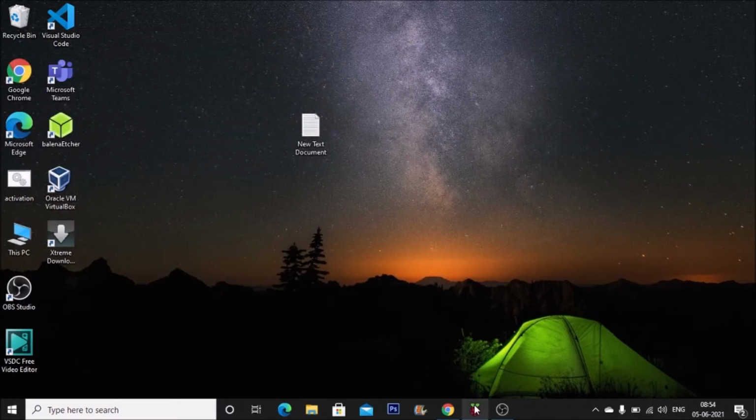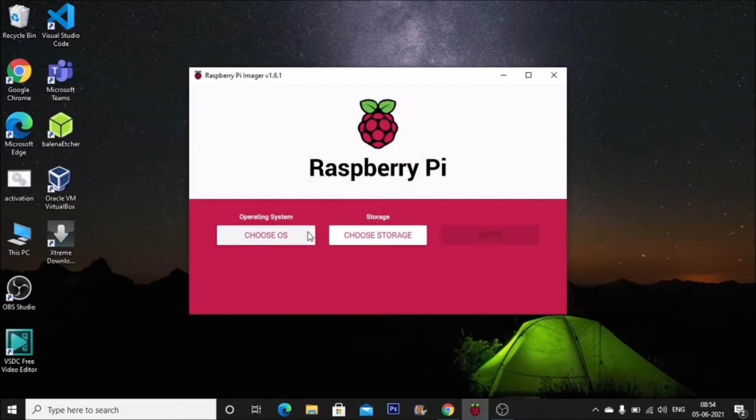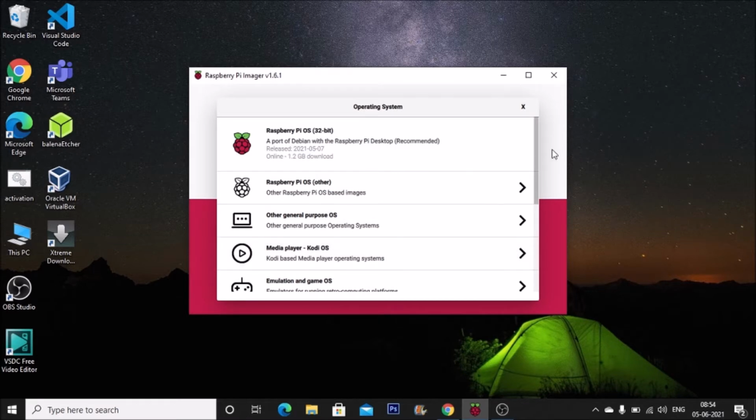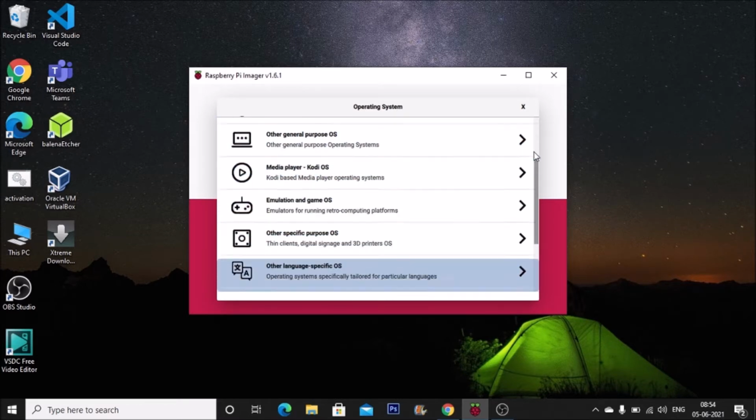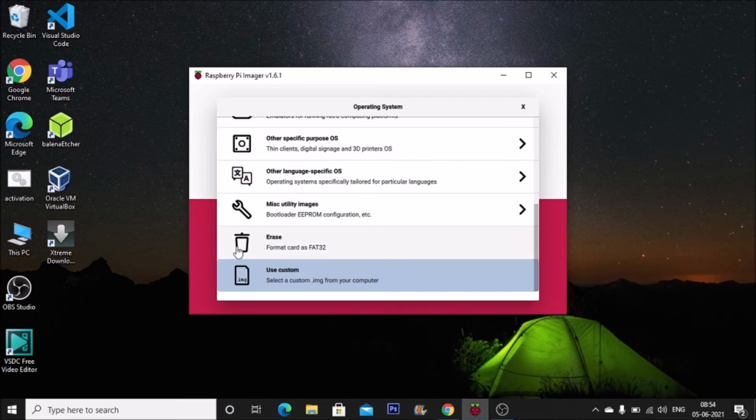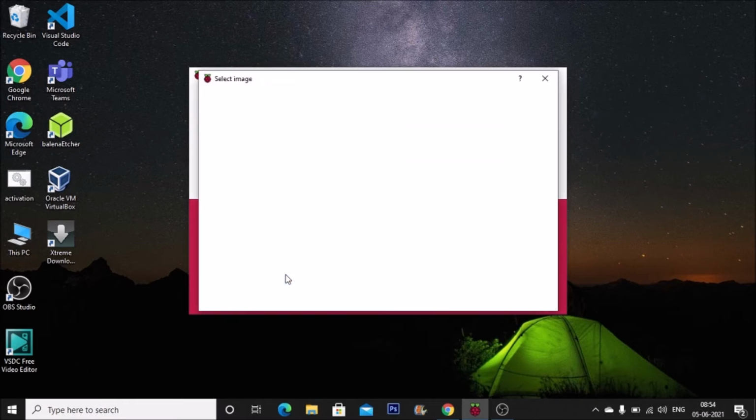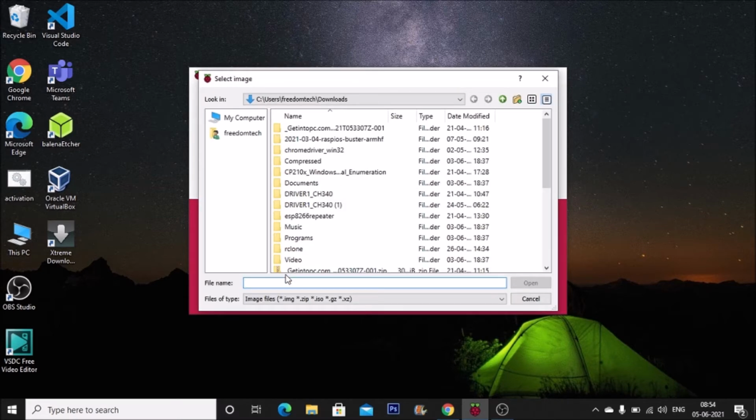Open the RPi Imager and choose OS, then scroll down to the end. At the end we can see Use custom, so simply select the Use custom option, and here we are going to select our Kali Linux image. Okay friends.